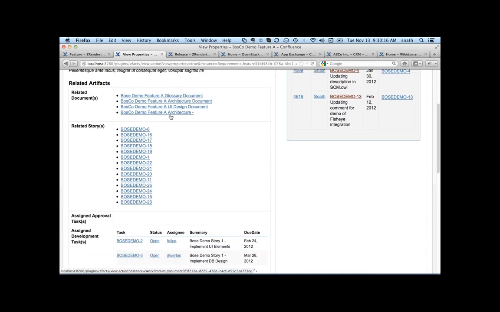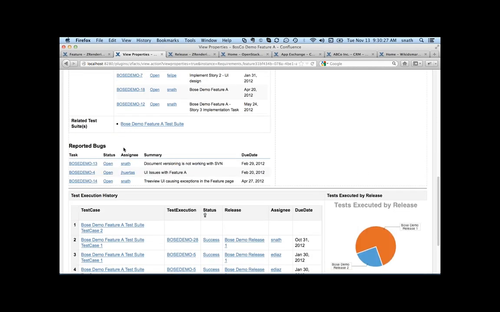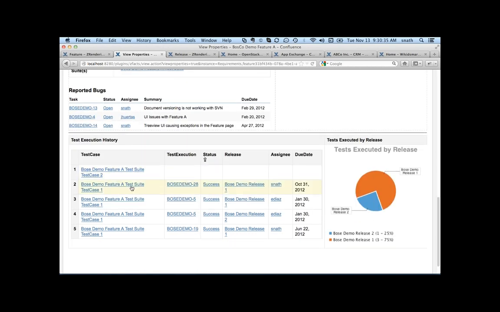So the check-in activity here is being pulled in from Subversion through Fisheye. Related documents have been captured within Confluence. The related stories are from Greenhopper. And then any development tasks associated with those stories are captured within Jira itself. Related bugs: if there are any reported bugs associated with the feature, in Jira itself, any test execution history by